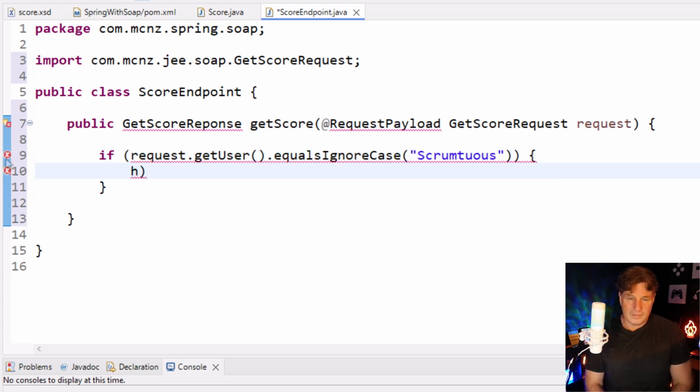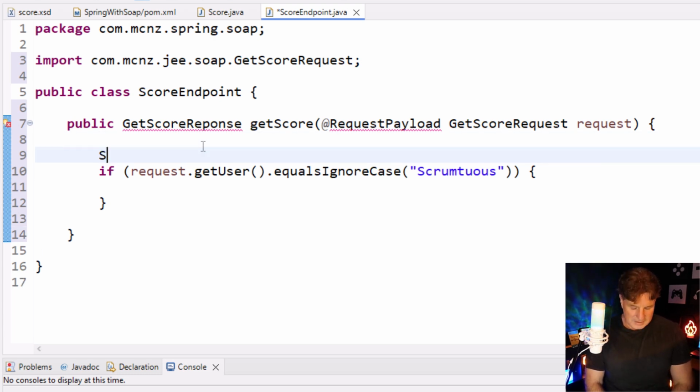Oh, that autocomplete just drives me mad. And let's see, if scrumptious comes in and we want to get the score that scrumptious has as she's playing this game,